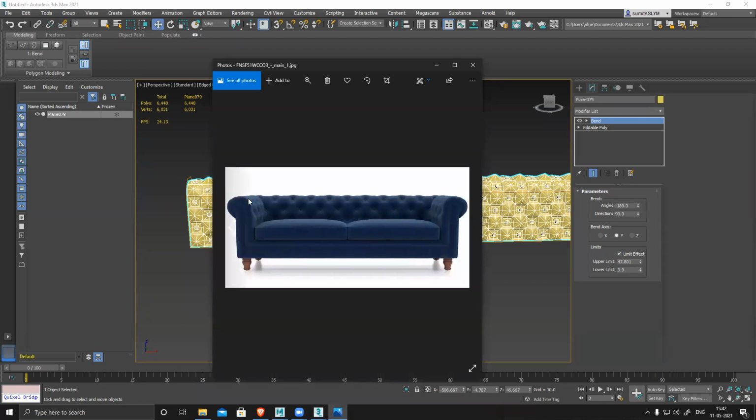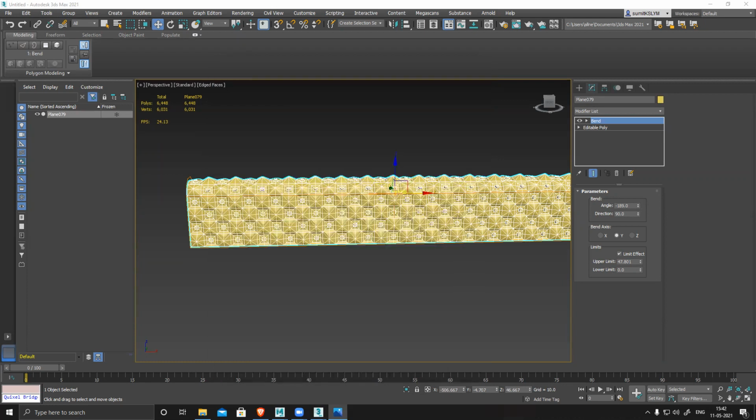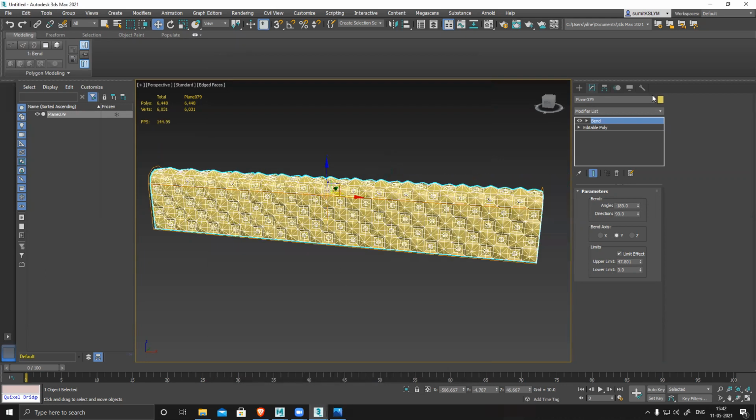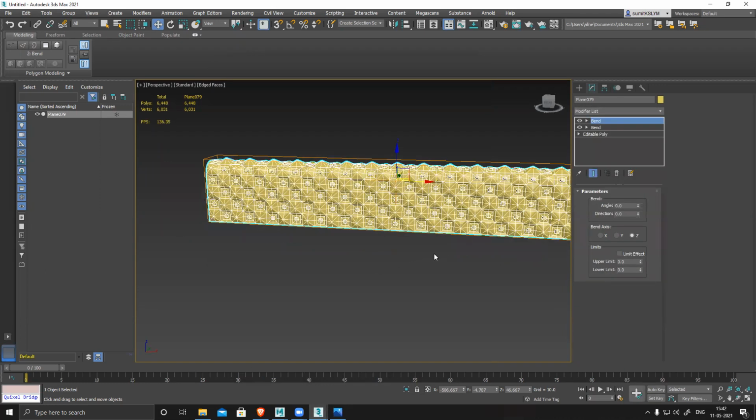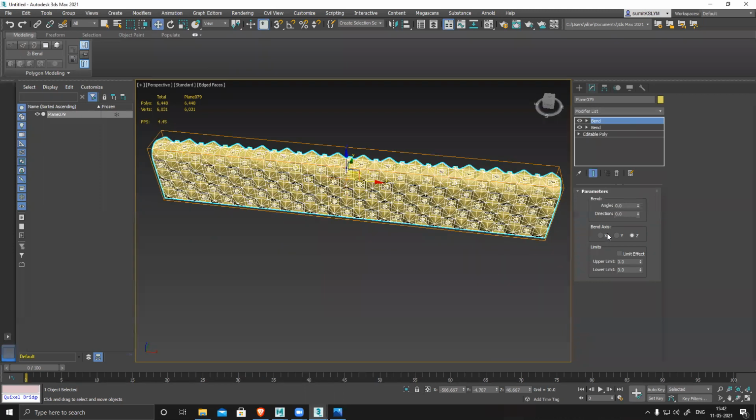and you can see this part is a separate geometry, then this part separate, and this base is again separate. So planning will be done according to this only. Now I'll apply one more bend on this, and this time again I have to limit.